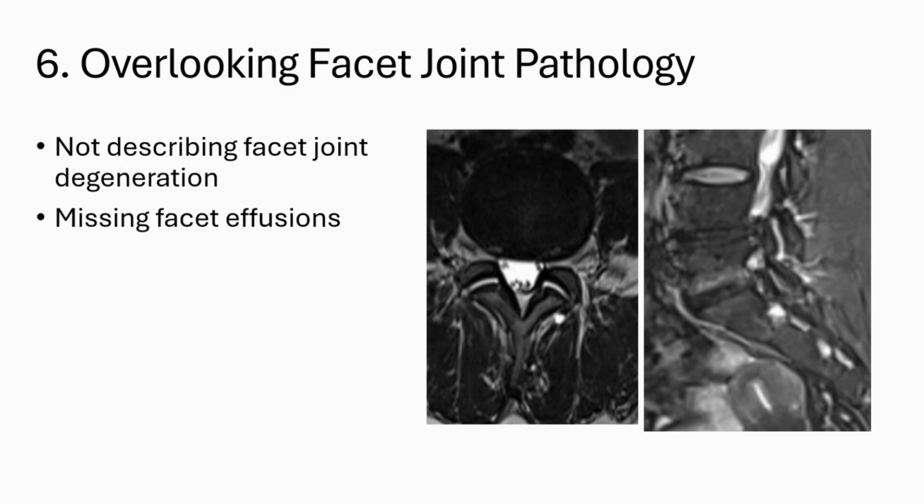What we see in degenerative changes is facet joint arthropathy and synovial cyst, as we see in this image. This is a T2 axial image showing facet joint effusion. These are facet joint effusions, and there is a small juxta-articular cyst. This can also lead to low back pain. This is a T2 sagittal image showing facet joint arthropathy appearing as linear T2 high signal intensity within the facet joint. So these are the degenerative changes within the facet joint. These are overlooked in the report.